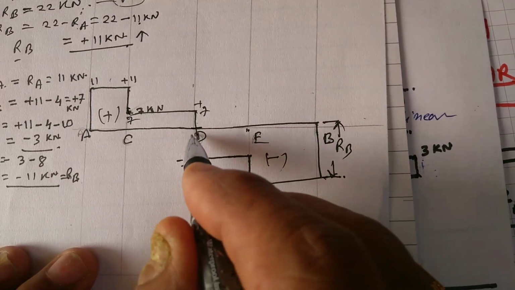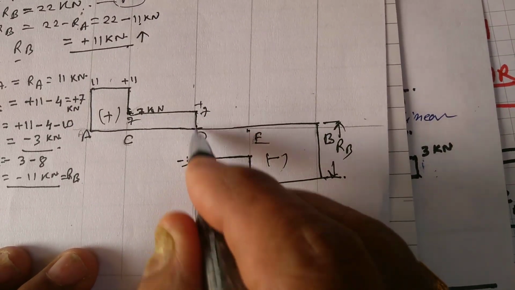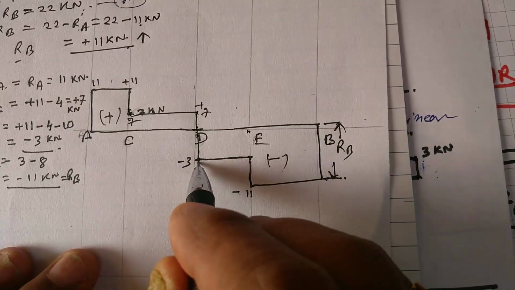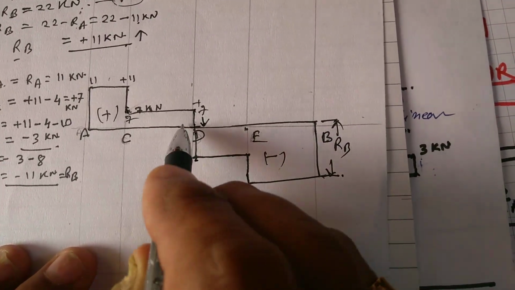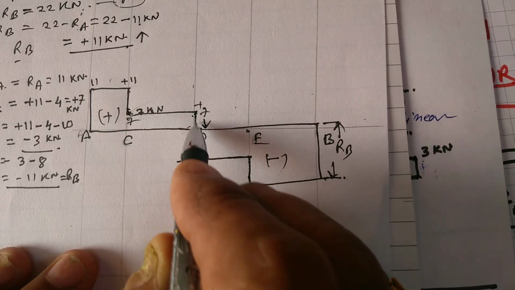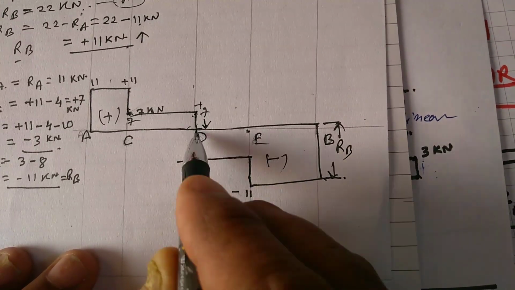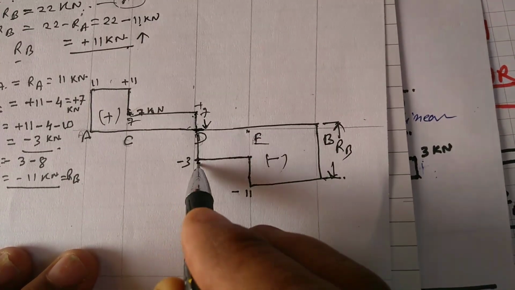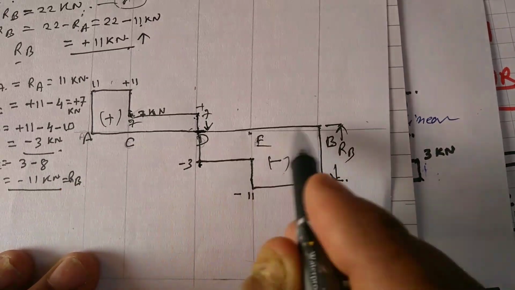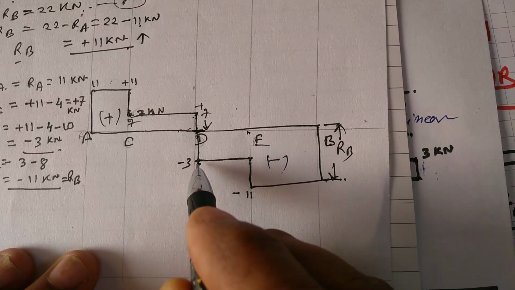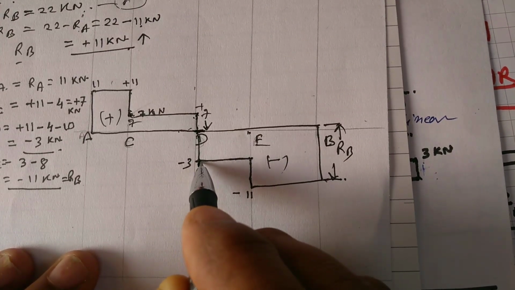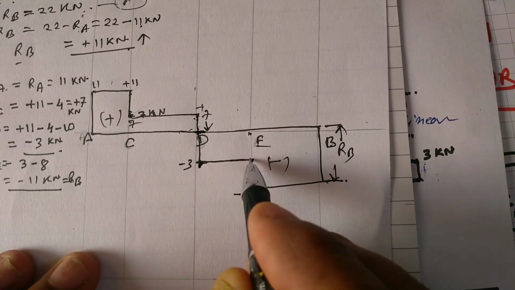Then automatically, from this point to this point, this should be 10 downward. Then this is the 7, which you have already done. Then this will be minus 3 from this line below. You have drawn a horizontal line. Above this will be positive and below this is negative. So minus 3, and again there is no load, so you have drawn one horizontal line.